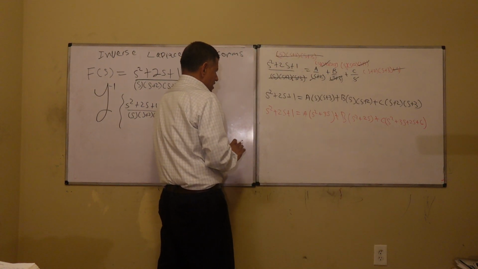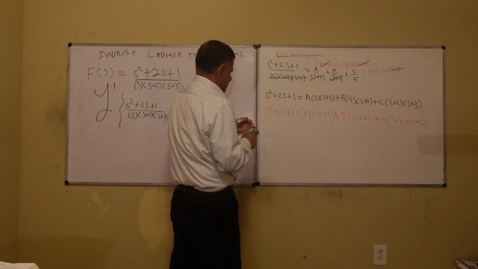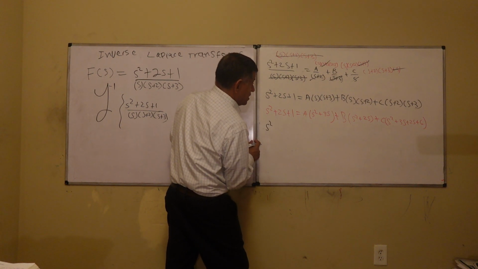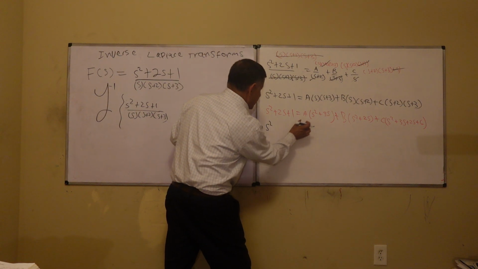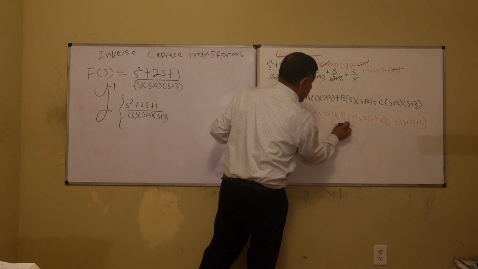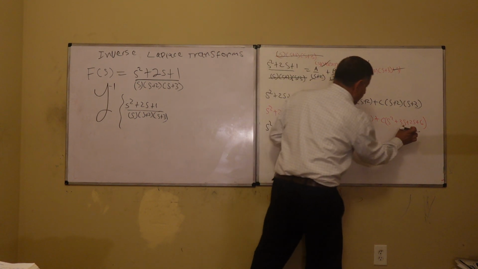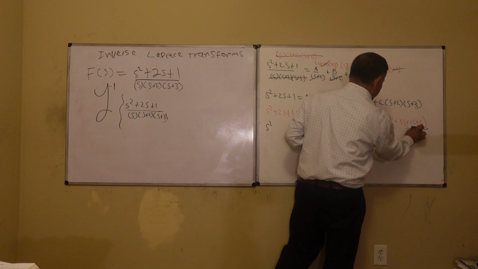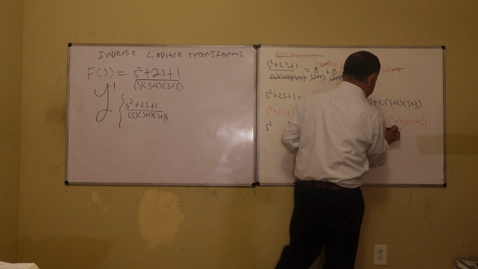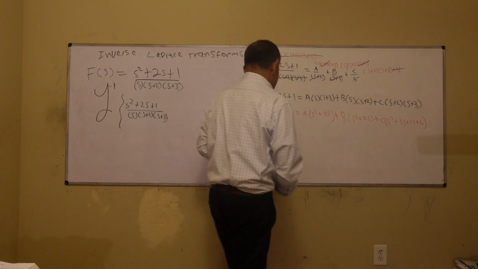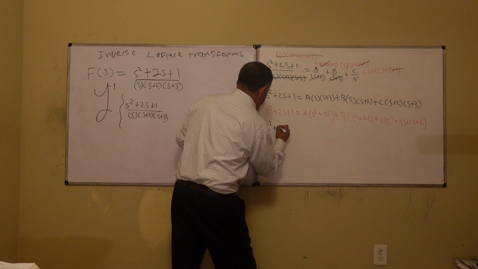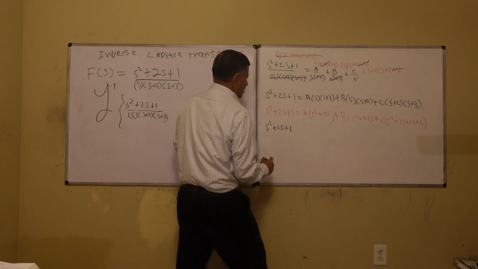Now let me clean this up. So okay, distribute this, distribute that, and then combine this, right? So right here I will have 5S, right, plus 6, plus this S squared, right? So S squared plus 2S plus 1